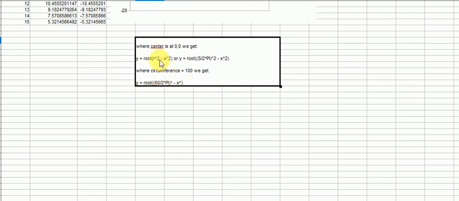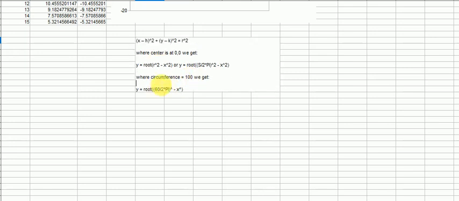is this equation: r squared minus x squared equals y squared. And if s is the circumference of the circle, which is 2 pi r, if we substitute s into r, we get r equal to the circumference divided by 2 pi. So r squared will be the circumference divided by 2 pi, squared, and this term will be x squared. So if we substitute all that in there, we get